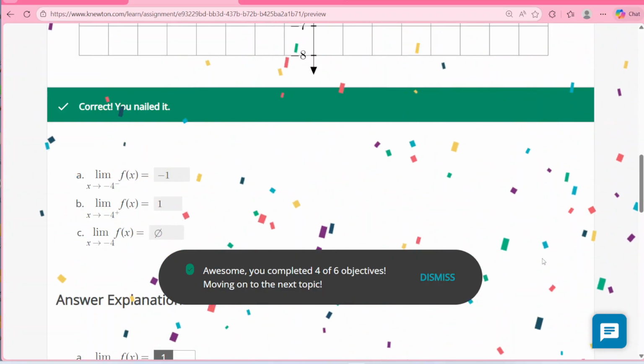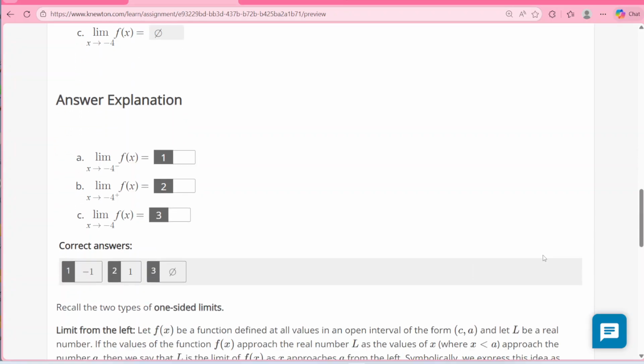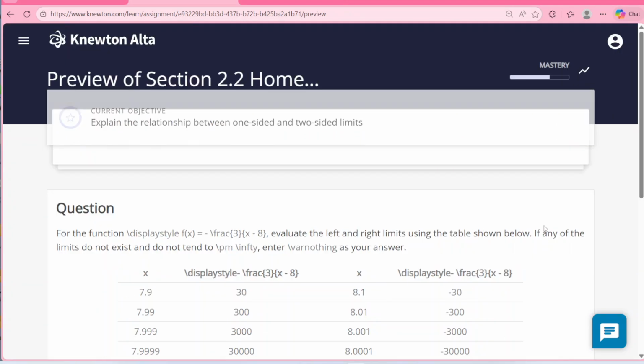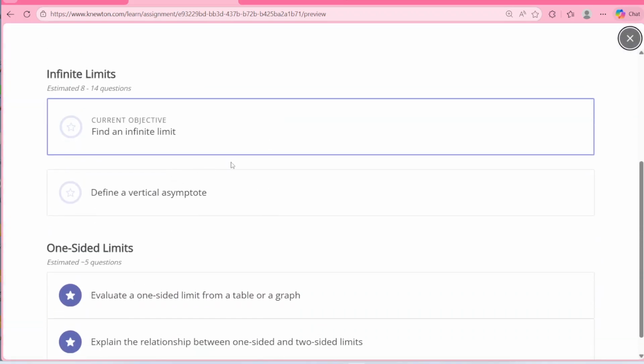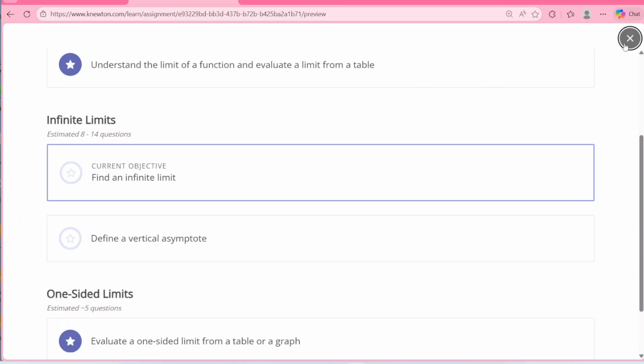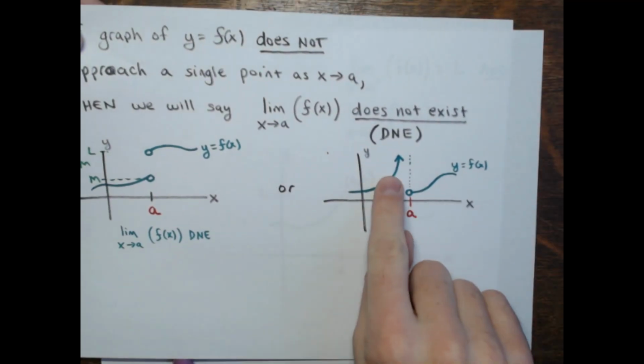Hooray. All right, so only two more objectives left that are related to infinite limits. Let's see the last two here, infinite limits. So I put up a picture like where one of these is going to happen earlier, and I'll explain infinite limits more in a second here. But this right here,